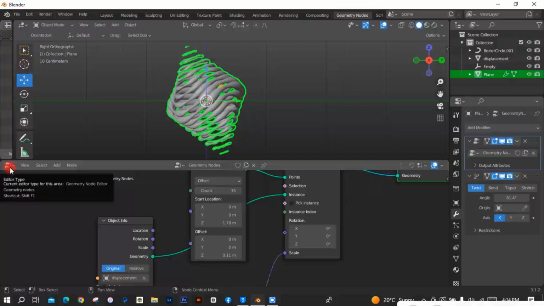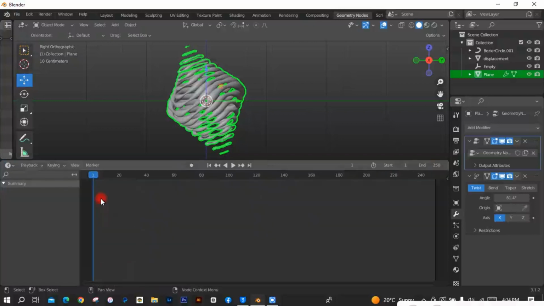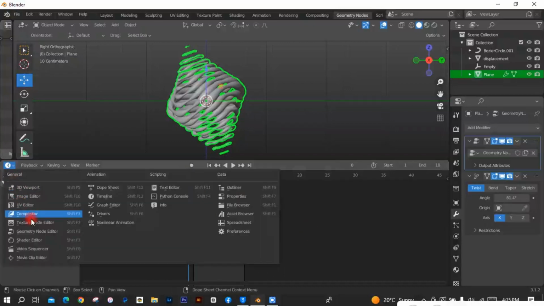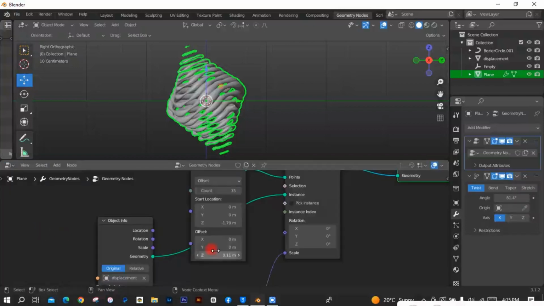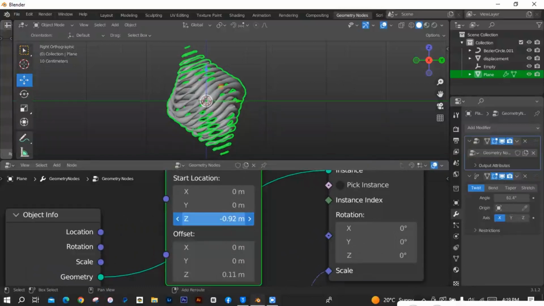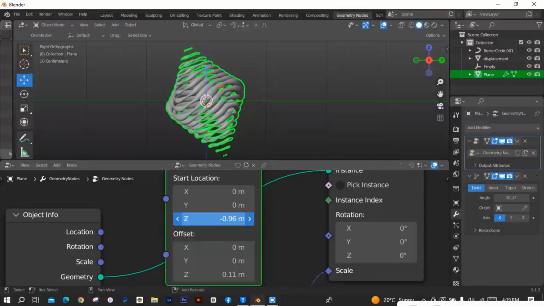This time I'm going to go onto timeline. Select your frames and make it 10. Once it's 10, then you're just going to make sure that it starts at 0, and then you're going to go into the geometry nodes. Now you can just start making your own tweaks. I'm going to make it so that the biggest bulge sticks out, and that's where I'm going to click I